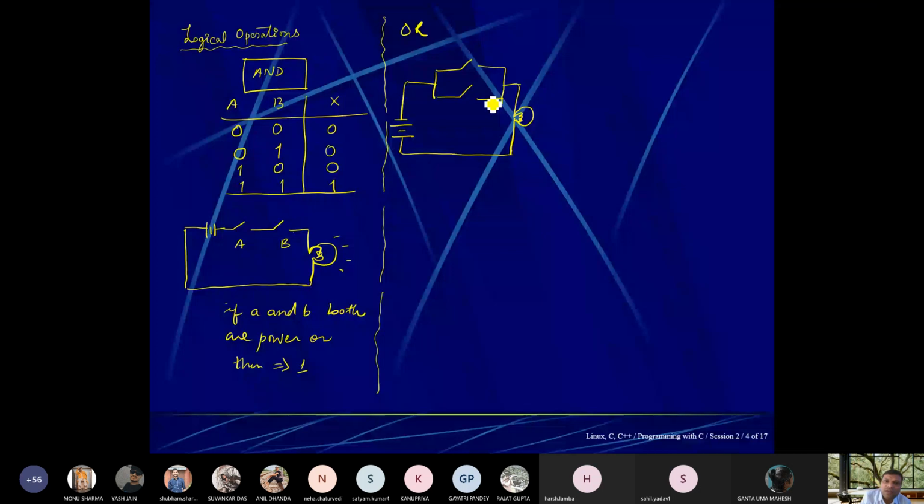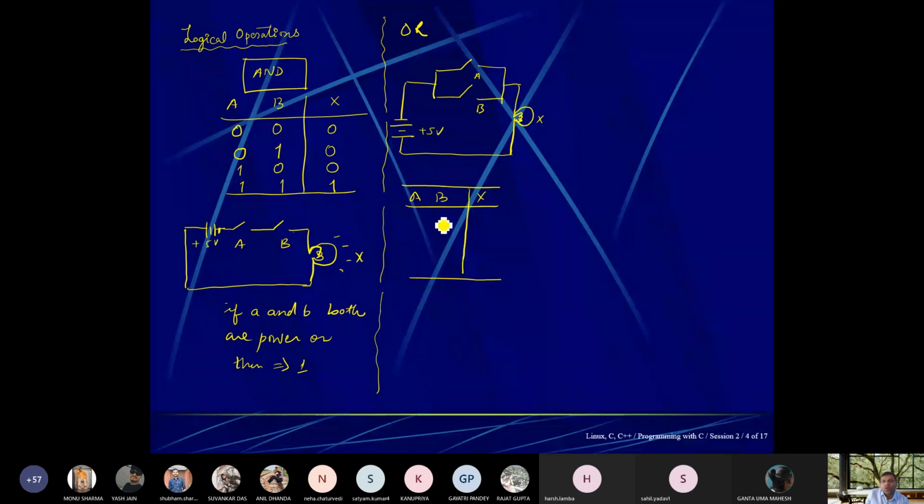So this is our A, this is B, and this is power plus 5 volt, and this is also power plus 5 volt. So A, B, and X, this is our X.